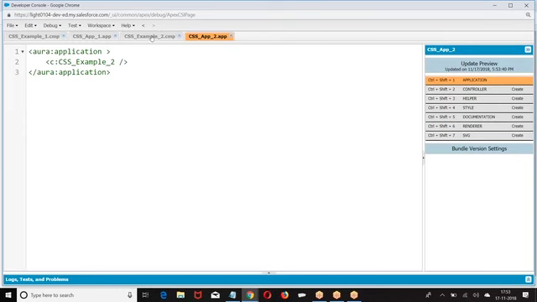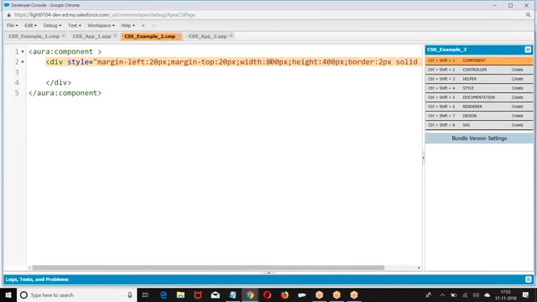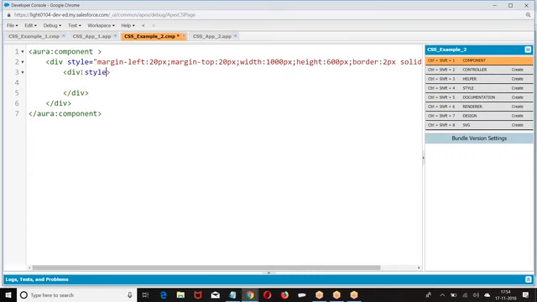Now within this structure, I want to redivide. Within this structure, I am creating div, style, width, width.